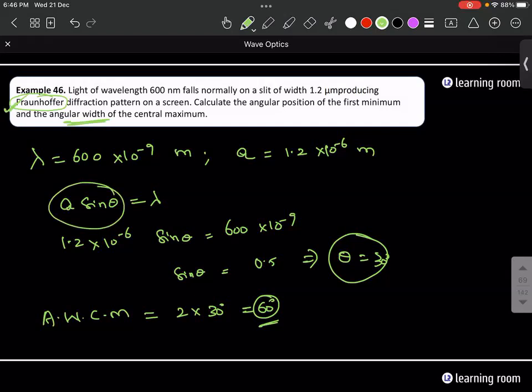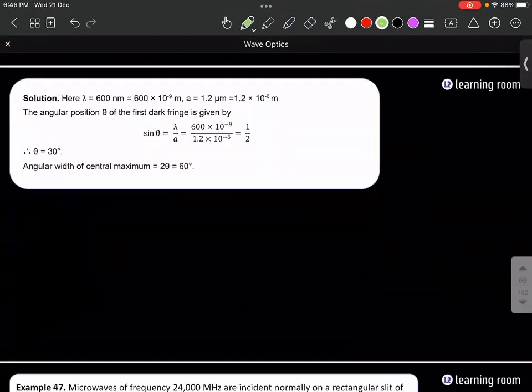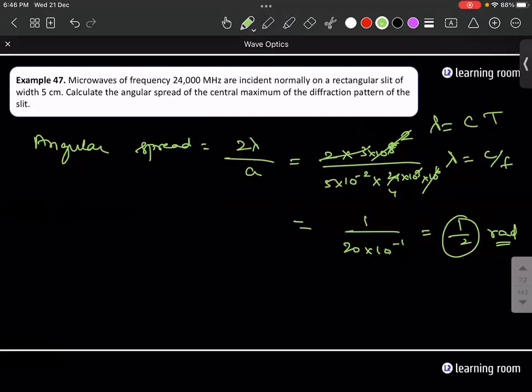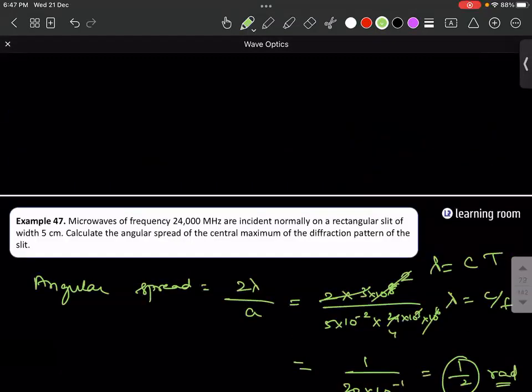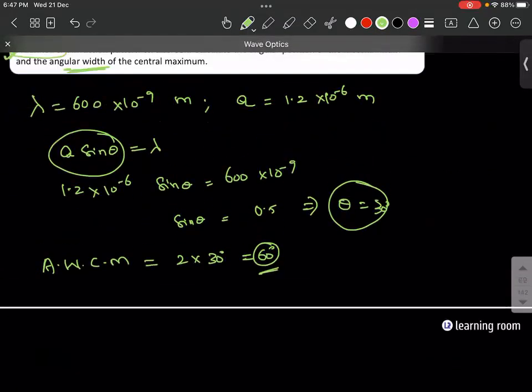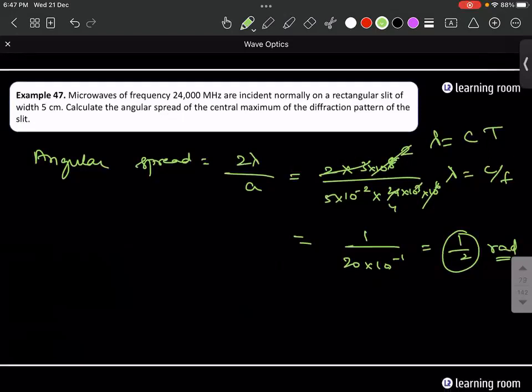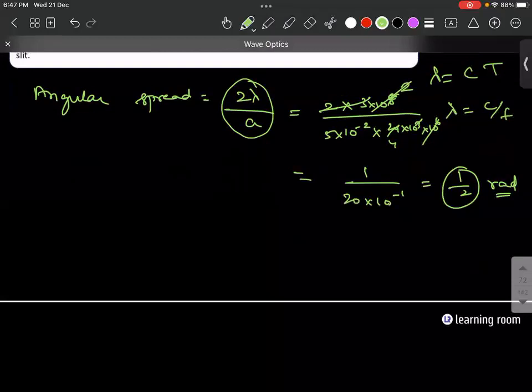Sir, but in the book we are mostly approximating sin theta as theta, right? Why is it so? See, that depends on the problem. Here, at 30 degrees, you can't approximate. Whereas here, what you're doing is angular spread when you're calculating it as 2 lambda by a, because see, if